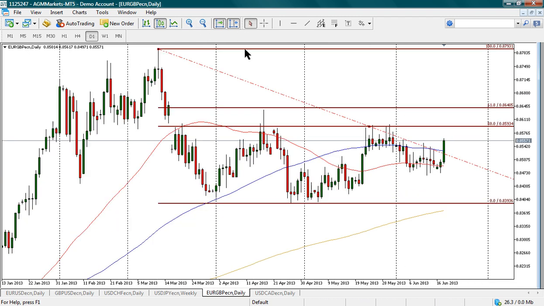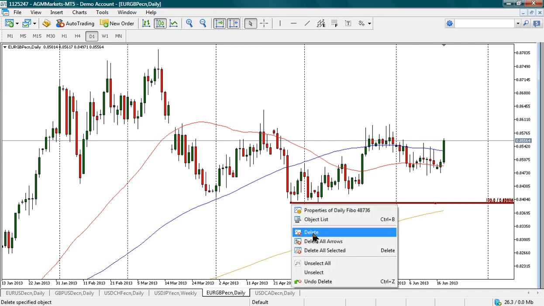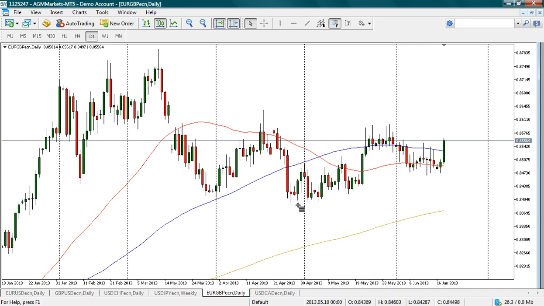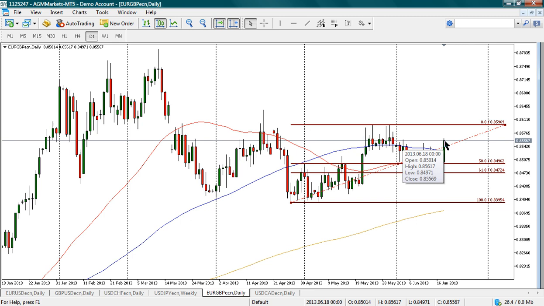Lots of spikes there. You'll see it's clear if I zoom in. Lots of spikes at this 50% level at 0.8593, and it's selling off, but it is starting to bounce. And guess where it is bouncing? I'll just delete this one. It's bouncing at this one here from the lows, that swing low to the highs there, right off the fib level, this 61.8, pretty much to the pip, and we're getting a decent bounce higher now,